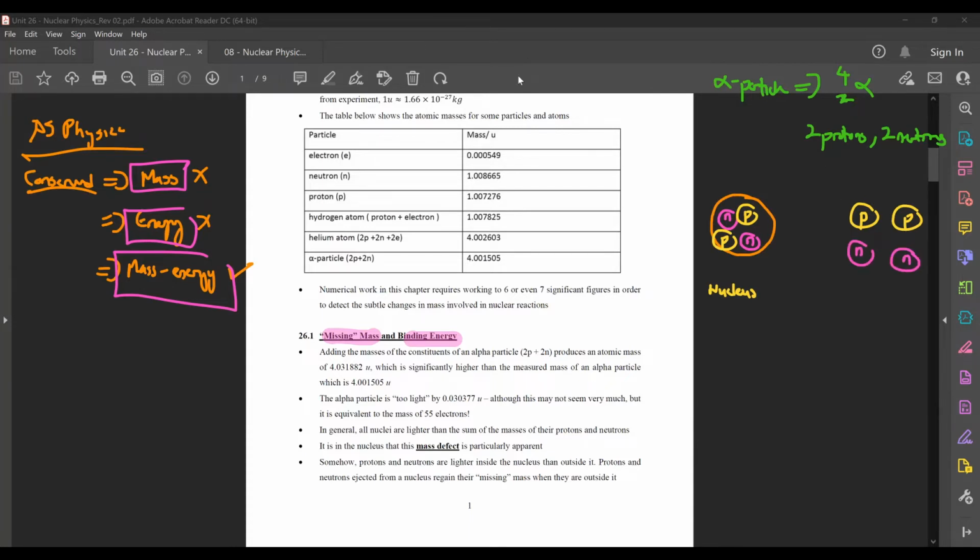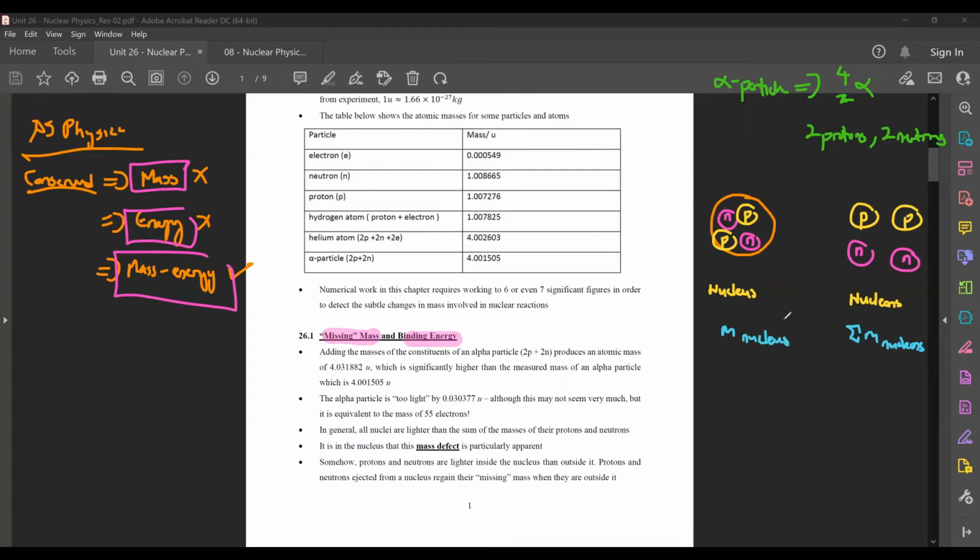This one here would be my neutrons. Okay, so the thing here is this. When you want to get an alpha particle nucleus, you need to combine the protons and neutrons together inside the nucleus. Okay, they need to be combined together or squashed together to form a nucleus. But the thing here is this: when they actually try to sum out the mass of your nucleons and they measure the mass of the nucleus itself,